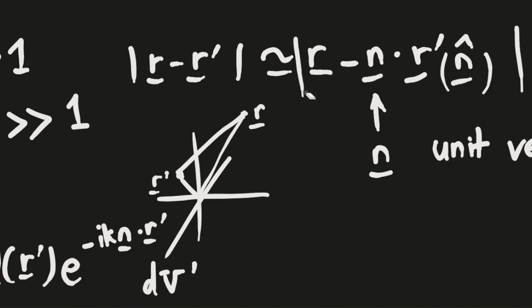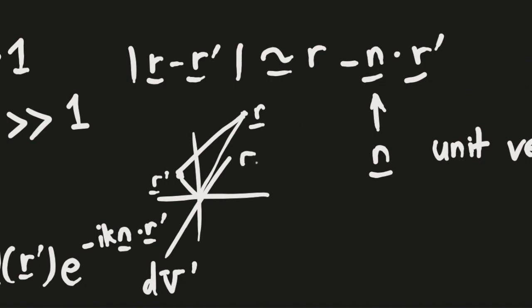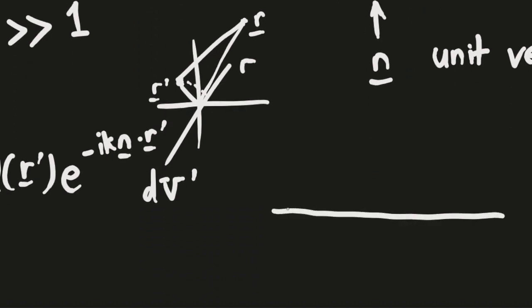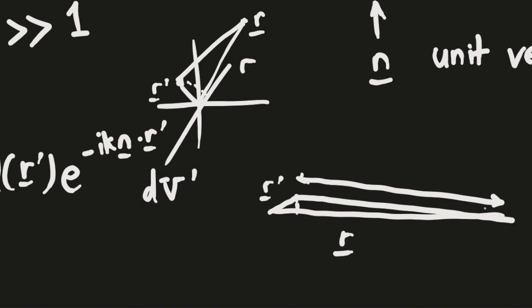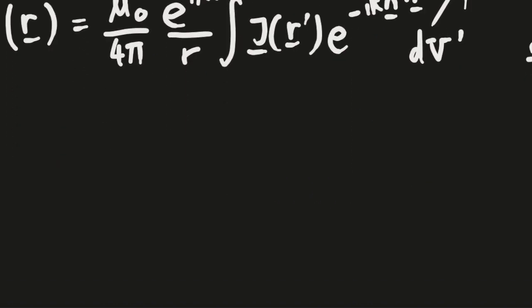Or actually, there's no vector here, so you're saying that it's this minus the magnitude of this projection along this, which is basically like saying this is r prime and this is r, then you're saying that this is almost equal to this length minus this length. Right. So if we then impose that the source dimension d is much less than the wavelength, then again we can get